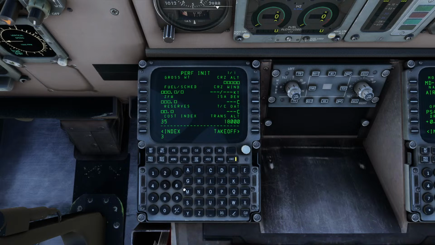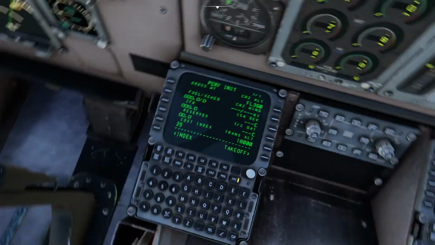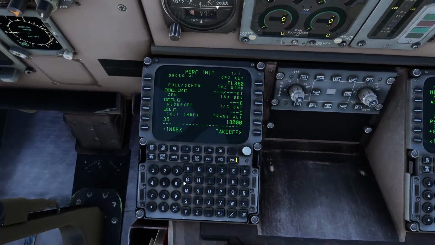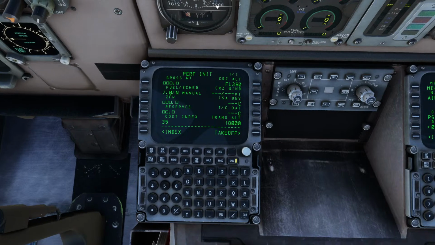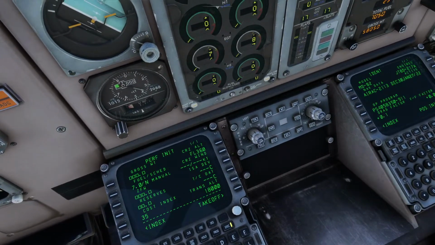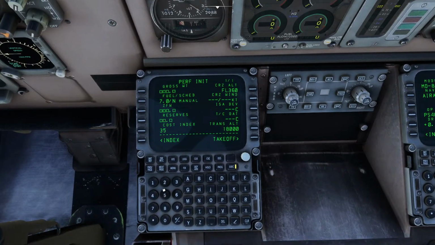So cruise altitude, we're going to be flying at flight level 360 or 36,000 feet. Fuel, how much fuel have we got in the aeroplane? We can see we've got 7 tons, which will be enough. So 7.0 goes in there. And then the zero fuel weight, which we can also get from over here. So 58 minus 7 is 51. This doesn't have to be super accurate, but